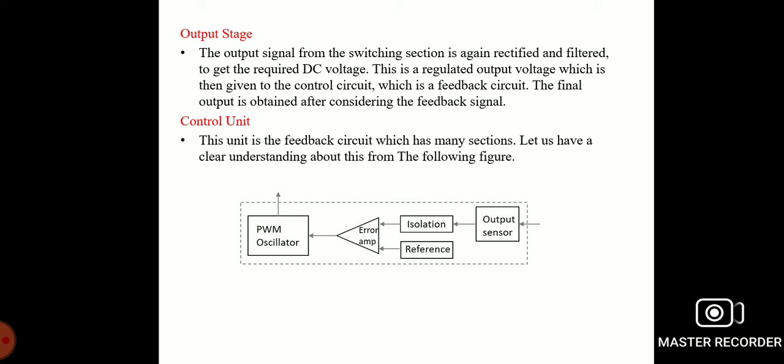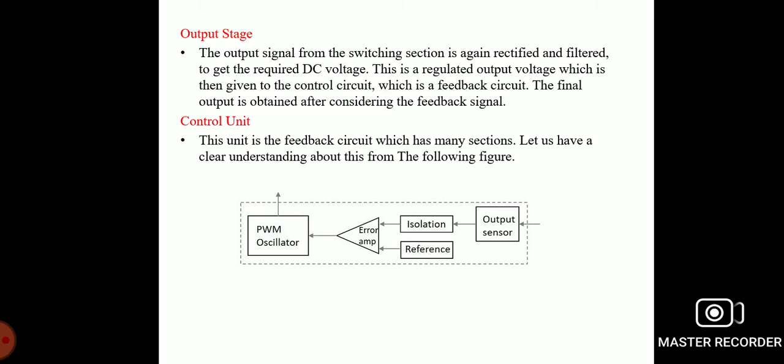And then, by controlling the chopping frequency, the final voltage level is maintained. This is controlled by comparing the input given to the error amplifier, whose output helps to decide whether to increase or decrease the chopping frequency. The pulse width modulation oscillator, PWM oscillator, produces a standard pulse width modulation wave of fixed frequency.